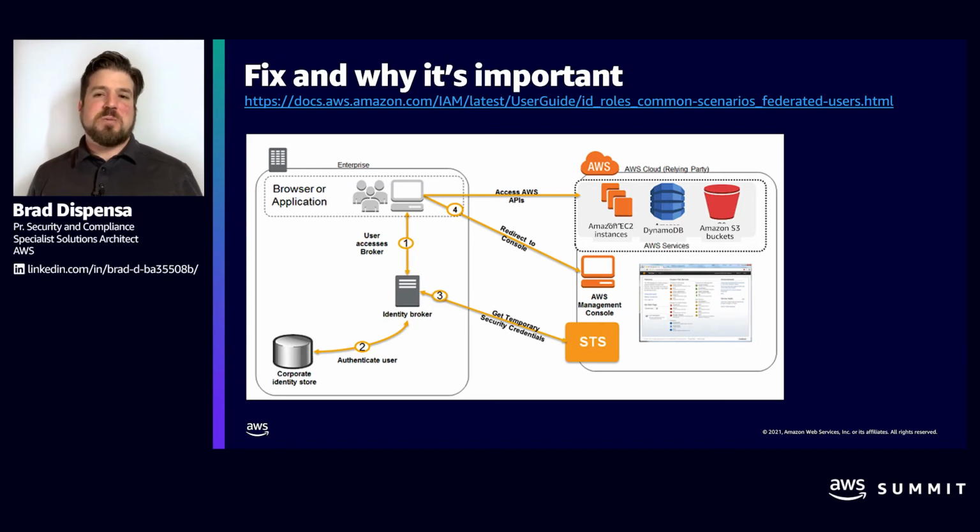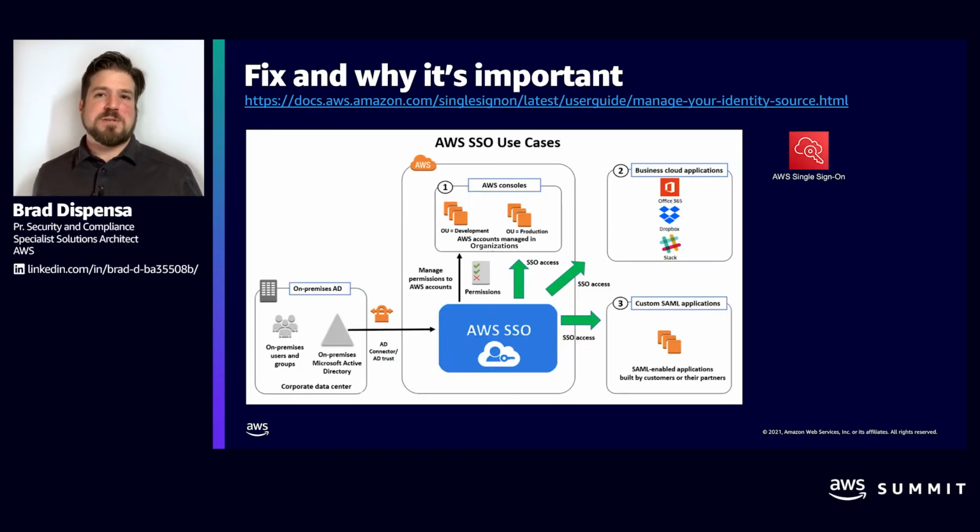In this case, you can see that we have our centralized identity broker, and we're using that to federate the user into either the AWS console to get short-lived STS credentials or to allow access to the APIs via the CLI or SDK. There are a number of different federation options that AWS supports, so use the one that best aligns to your organization, but use some form of identity federation and don't use IAM users as much as possible. Even for machine-to-machine purposes, you can use federation instead of relying on IAM users.